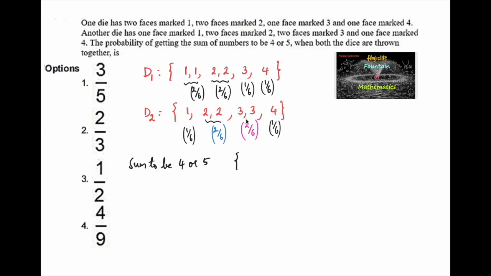So here the possibilities we can say are: 1 with 3, 1 with 4, 2 with 2, 2 with 3, 3 with 1, 3 with 2, and 4 with 1. That's all: 1, 2, 3, 4, 5, 6, 7. Only these are the 7 possibilities we can get. Now we can find the required probability,